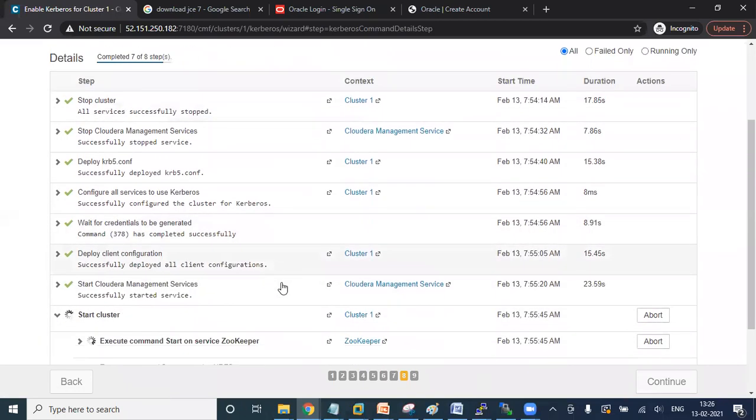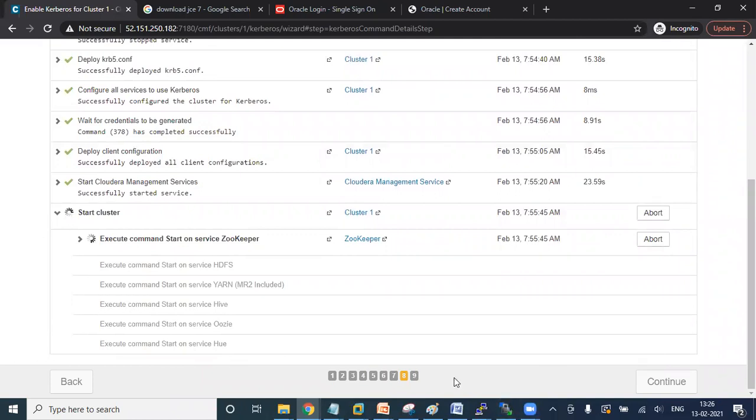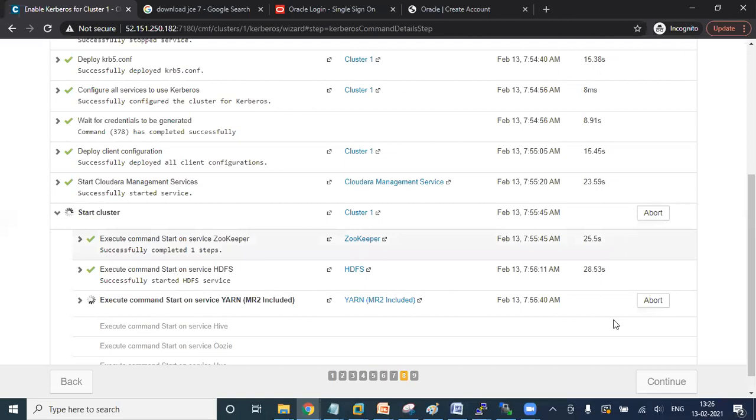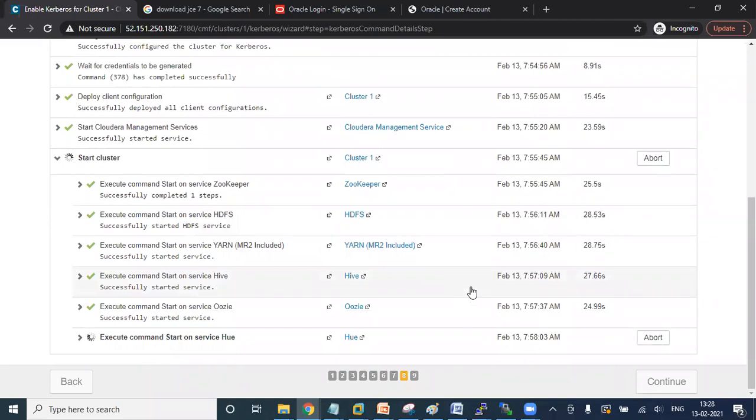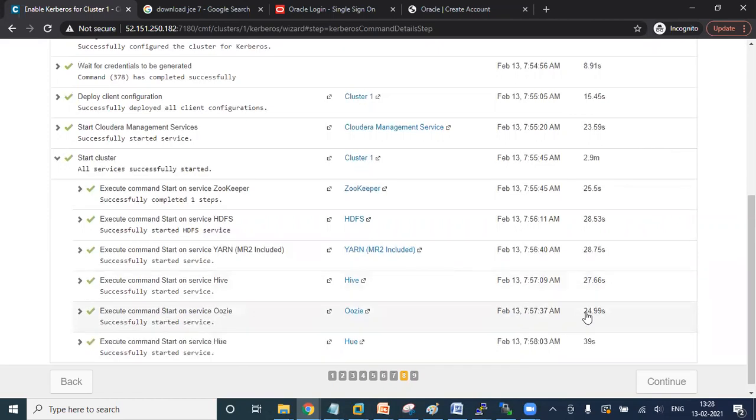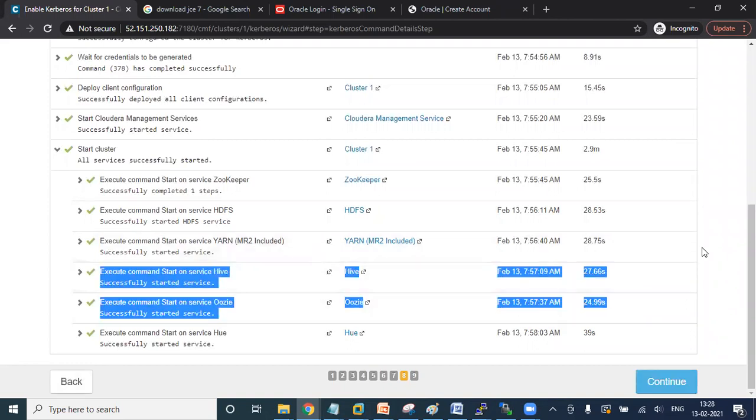Now it's starting my cluster. Cluster is started.